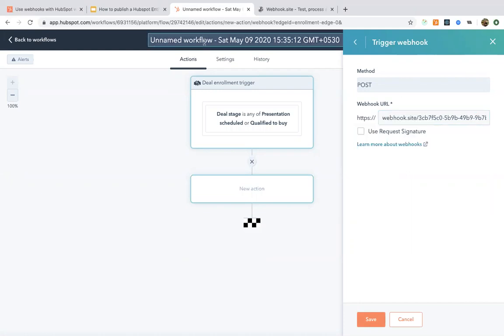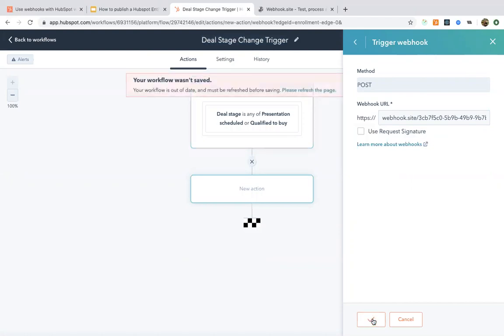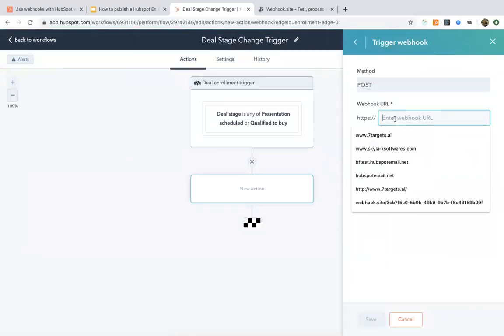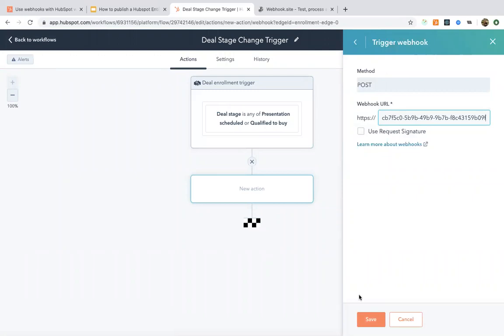Let's give it a name, deal stage change trigger. Okay, let me refresh the page. Yeah, let me paste it, and let me save it.